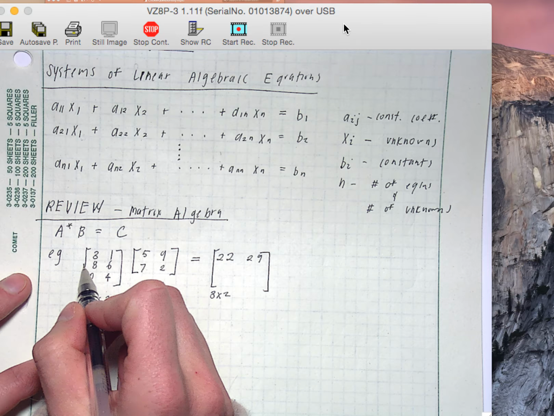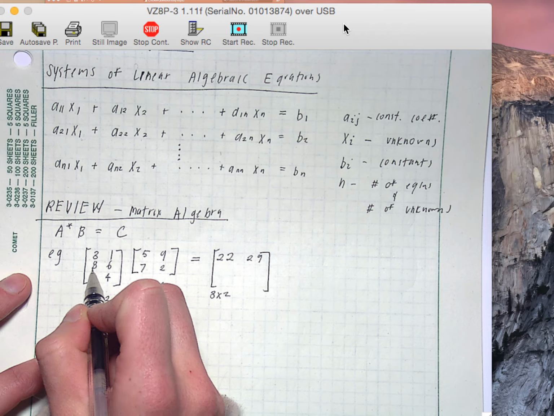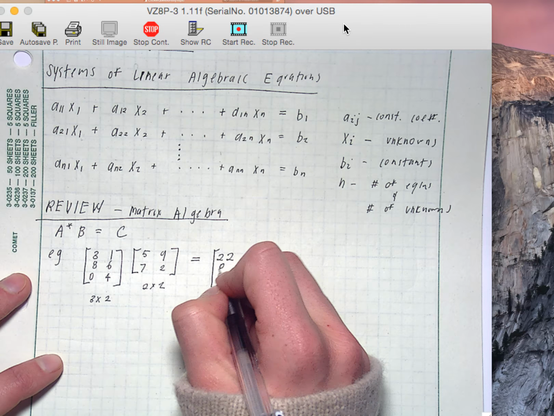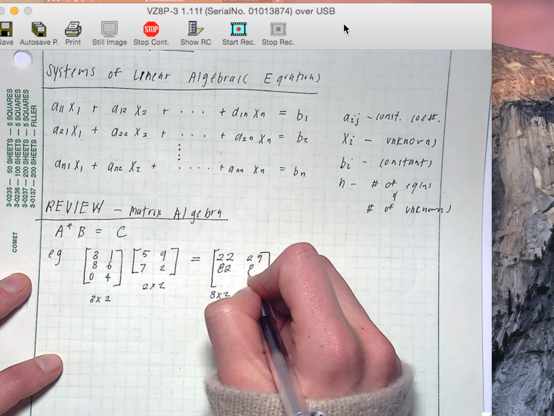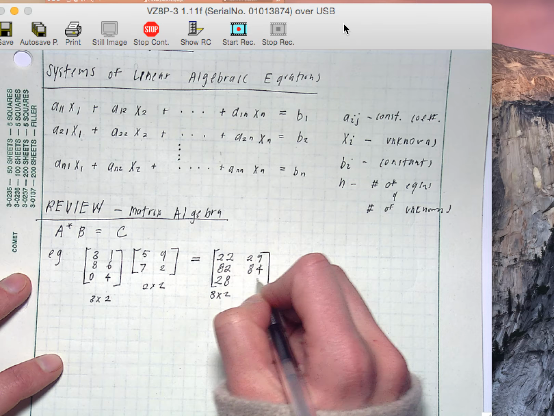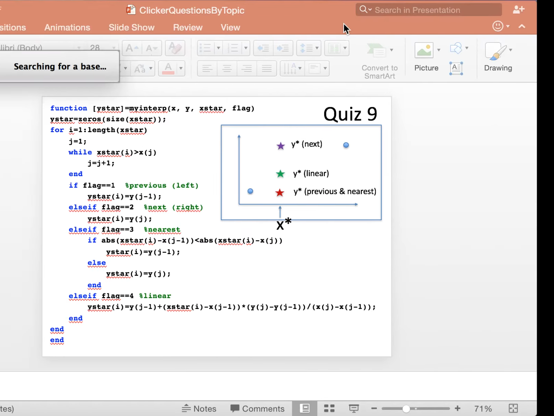Then you're going to take the second row and multiply it by the first column. So that's going to be 8 times 5 plus 6 times 7. So that's 82. So you keep doing that, and that's how you fill in all the elements. And I'll show how you can rewrite the equations to basically make use of this, but this is how matrix algebra works. So in MATLAB,